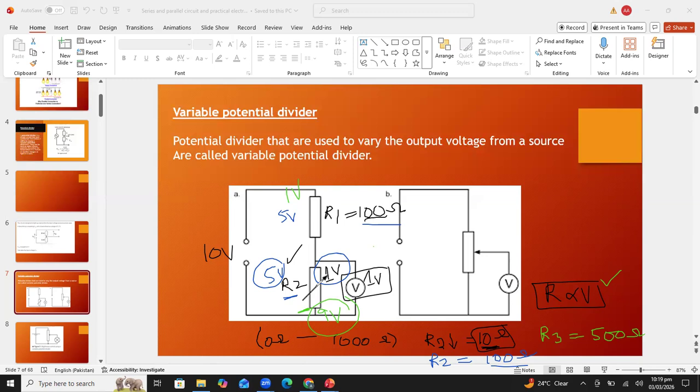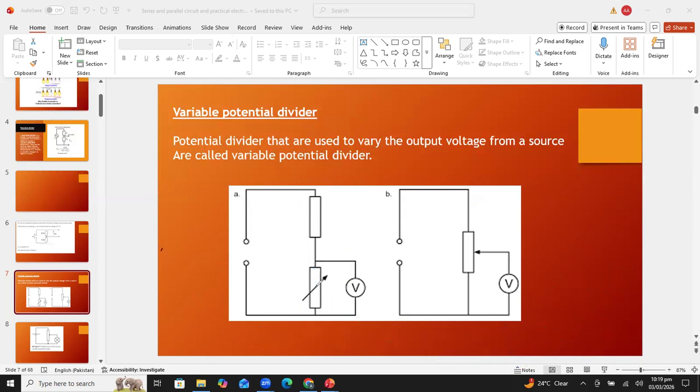Okay, so these questions come in MCQs. How the examiner will ask you the question: the examiner will give you a question like, initially the resistance is very low. So what should be the voltmeter reading? Obviously, the voltmeter reading will also be low. And if I'm connecting the second voltmeter V2 here, this voltmeter reading will be higher.